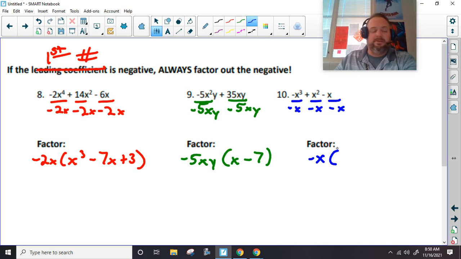How many do I have left? Now, this is a positive divided by a negative, so this will be negative. If I have 2 x's and I take one out, just x. Very good. And anything divided by itself,